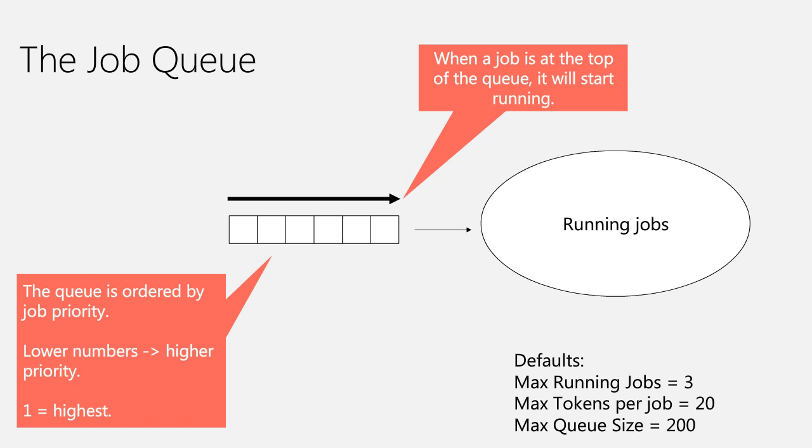So when you submit a query, you get two options. One, you can ask for the parallelism request. You can start with 1, or you can go up to 20, like you see here. The next option is the prioritization, which is how important your query is for you at this moment. The prioritization starts at 0 and goes up to 1,000. The lowest number is the highest priority, and the larger number is the lower priority.